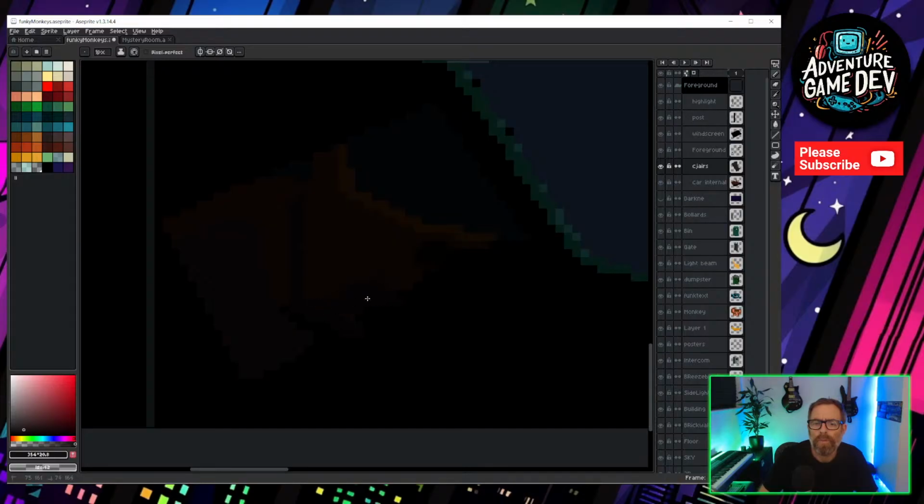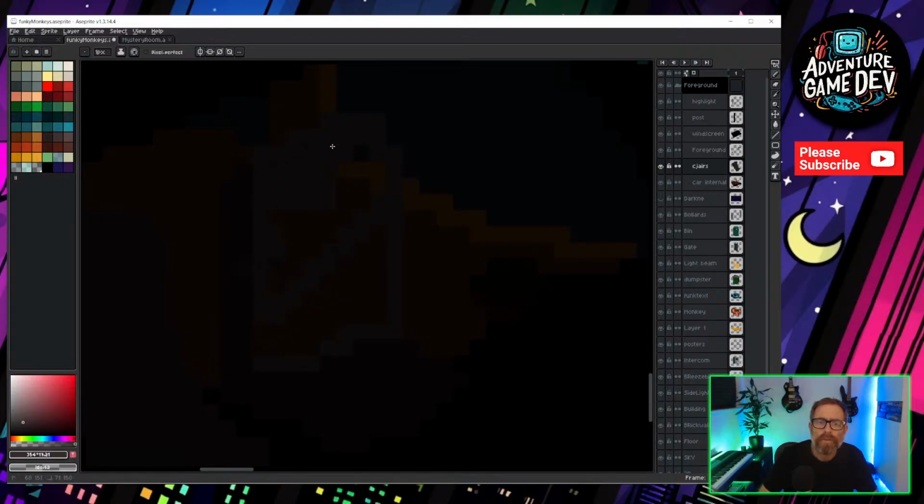Dark at the bottom. Lighter across there. The light would be coming in at a bit of an angle like that. No idea if you can even see that on the stream, it's so subtle. Which would leave that bit in darkness.